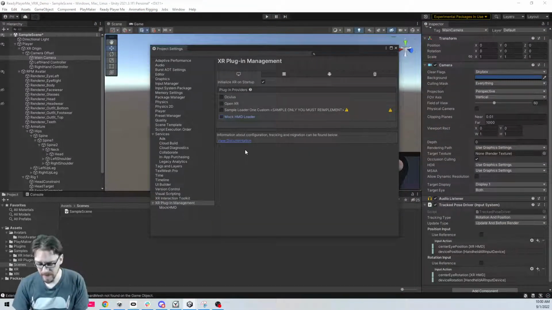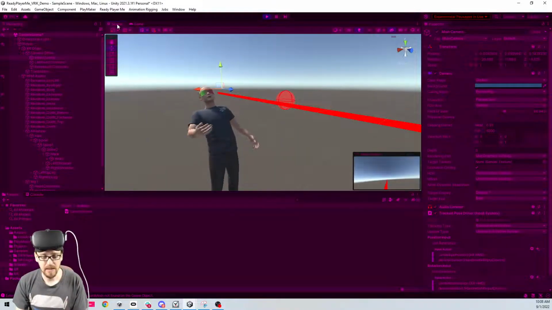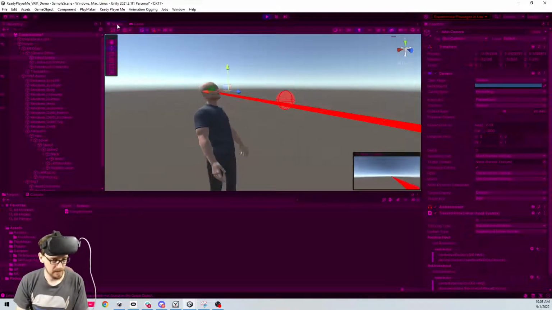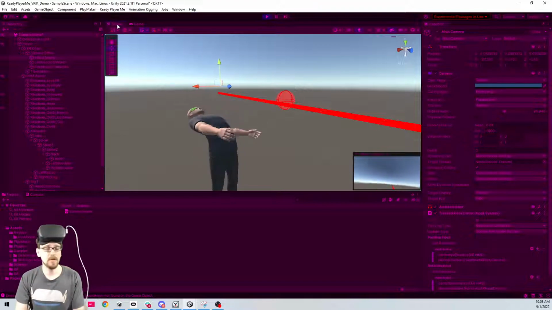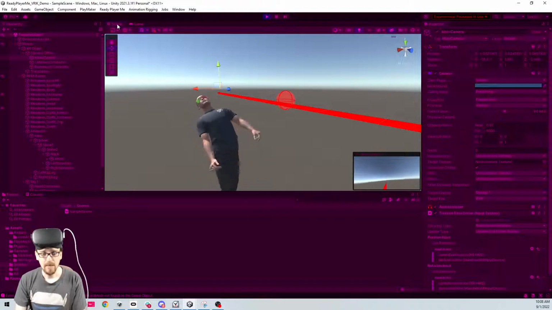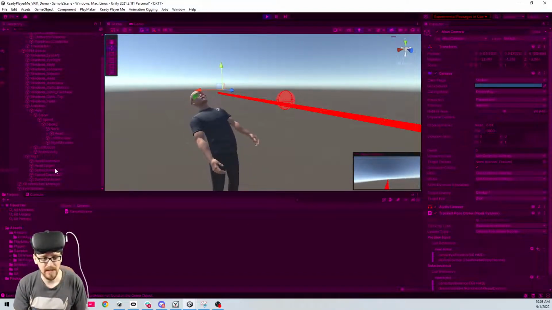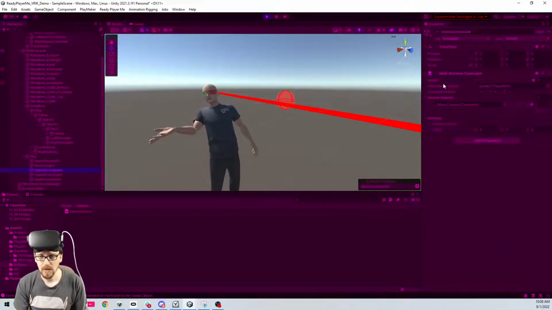All right, so before I plug in my headset, I'm gonna go ahead and check the Oculus plugin provider on here. Slice XR startup is there. Now, while that's going, I'm gonna plug in my headset. All right, so now you can see I'm wearing my headset, and it is now rotating all these spine pieces based on the rotation of my camera, but it's doing a bit too much, because we really only want it to rotate on the y-axis. So we really want to uncheck everything but Y.